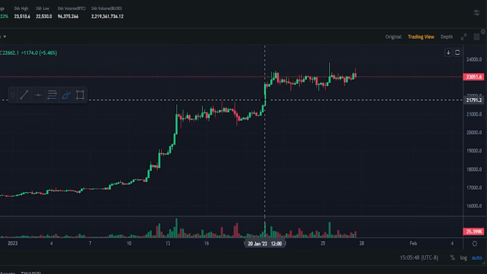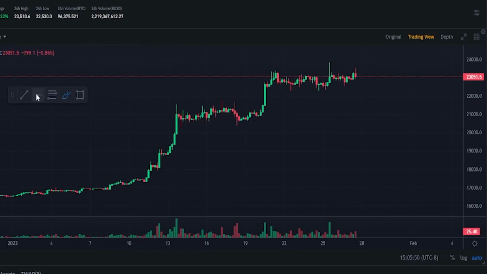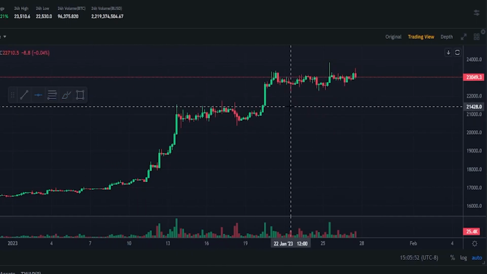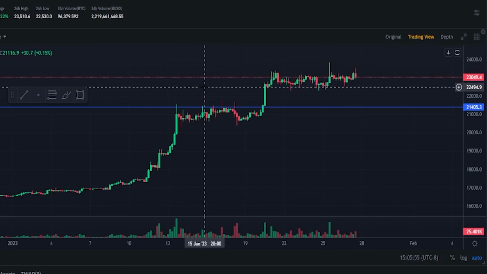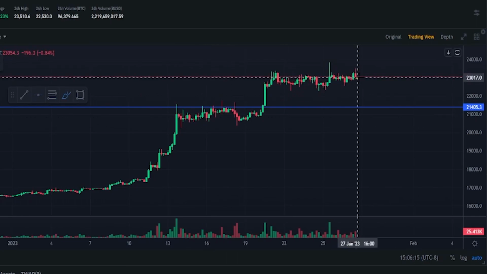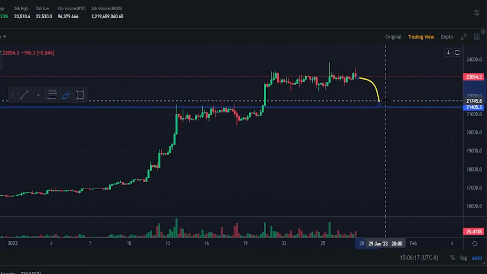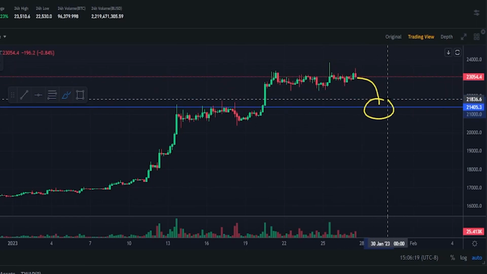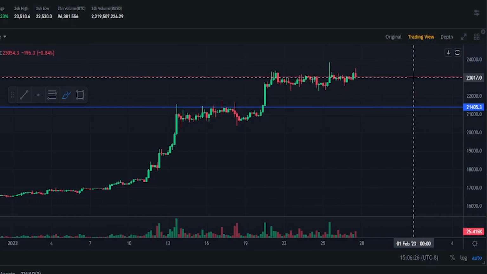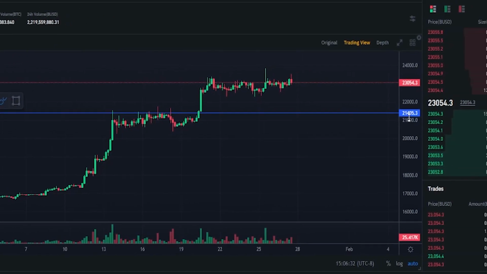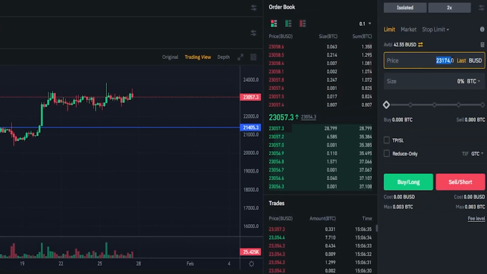So for the purposes of demonstration, I'll go ahead and grab a horizontal from my drawing tools, and I'll go ahead and mark that area out, something like this. Good enough for this demonstration. Perhaps we believe that Bitcoin's going to pull back somewhere down to this area here, and we want to try to enter a long position. So we can see on the y-axis of the chart that there's a price point correlating to that horizontal at 21,405. So we'll come up here to the order panel and we'll type that into price,